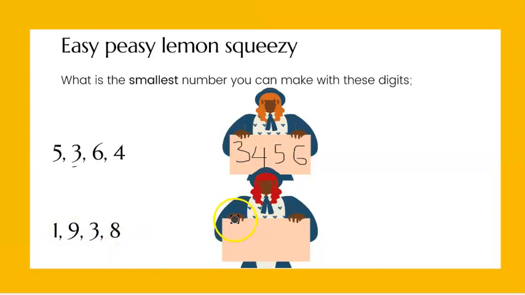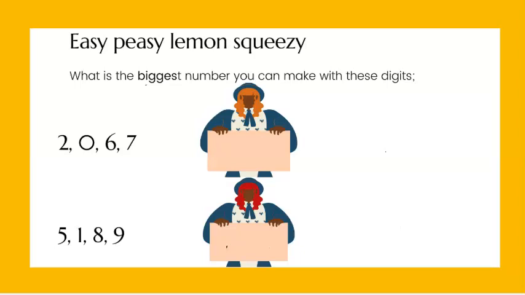Good. Now, what's the smallest number I can make with 1,938? Starting with 1, 3, 8, and 9. So I can make 1,389. Okay, next question. Now, this one we're looking at what's the biggest number I can make with